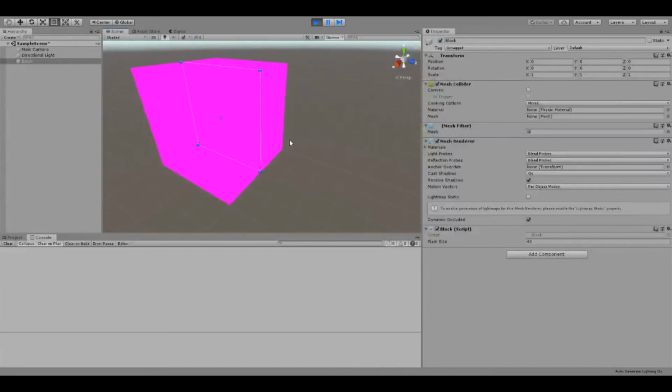I'm going to be saving the array of blocks of pixels even, so that the